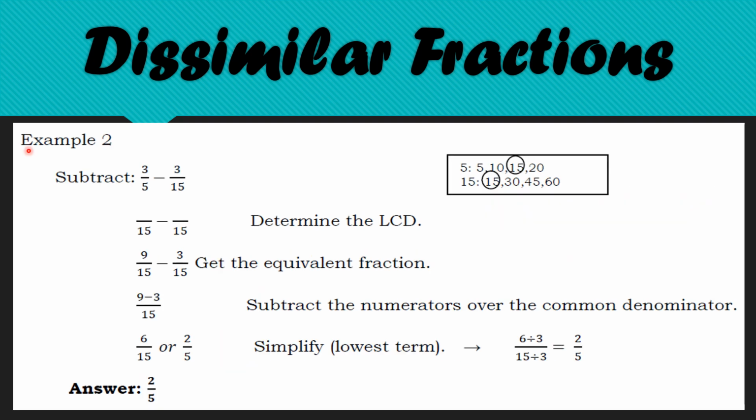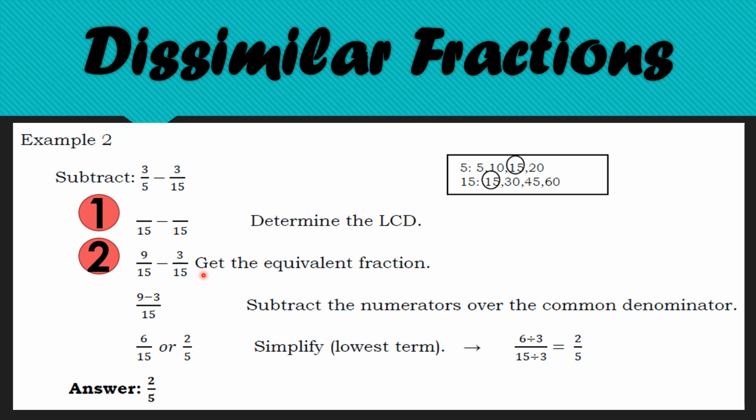Example number 2. Subtract 3/5 minus 3 over 15. Step 1. Determine the LCD. Use the multiples of 5 and 15 to find the LCD. The LCD of 5 and 15 is 15. The denominator is 15. Second, get the equivalent fractions by dividing the LCD by the denominator and multiplying the answer